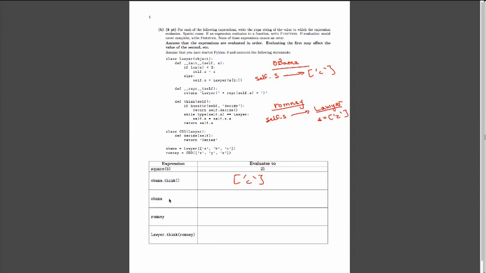Okay, so now we're going to see what Obama is. Obama, since we're just calling this, we're going to call its wrapper string, which is a lawyer. And we get this. And what's the wrapper of self.s? Self.s is still a list, right? Just going to get this. I think that's it for Obama. Okay, let's look at Romney. Romney hasn't thought yet, so we haven't done any modification of his list. So when we call Romney, we don't have a wrapper in CEO, but lawyer has a wrapper, so we'll use lawyer's wrapper. So it's a lawyer,